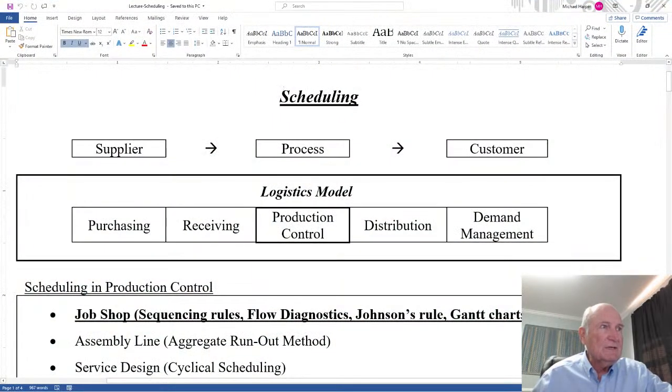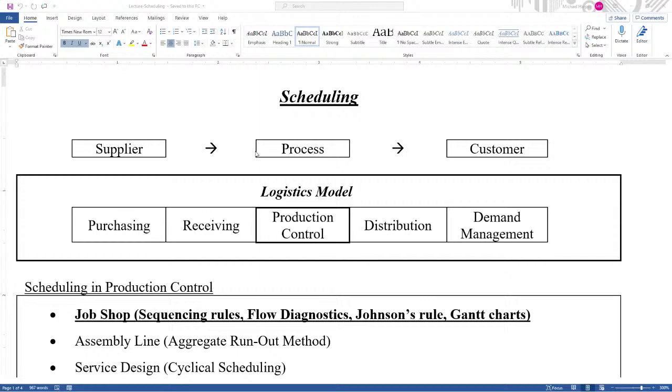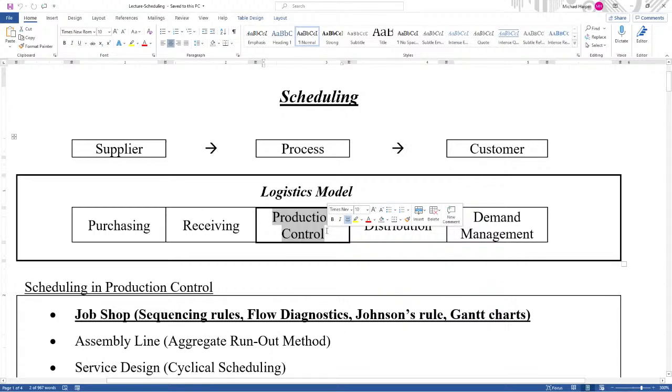In scheduling, the input-output process could be the supplier coming into the process, going through to the customer. I can overlay a logistics model over this input-output process. And the logistics model simply means movement of things. And so you have the production control in the middle, where you're controlling production and moving inventory and items through